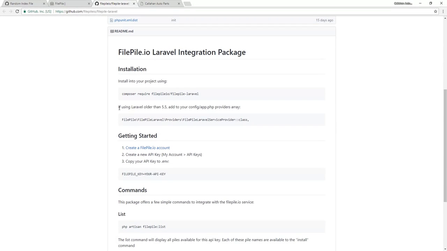And you can see the next step here is since I'm using Laravel 5.5 for this, I don't need to do this register service provider. If you're using something like 5.4 or lower, you'll just want to make sure that you copy this over into your config/app.php. So my next step for this is I need an API key so that FilePile knows which account